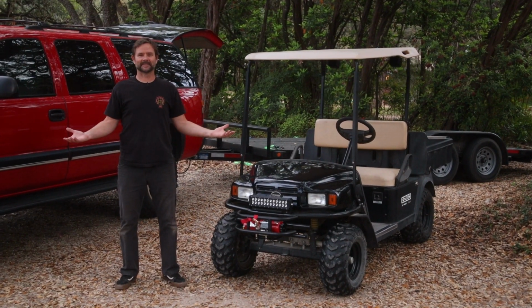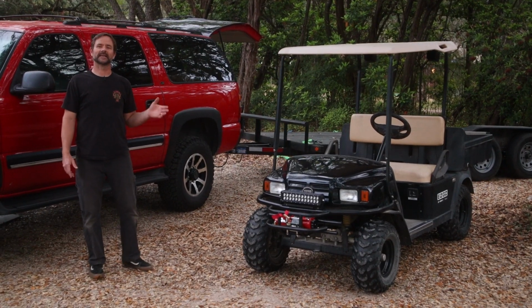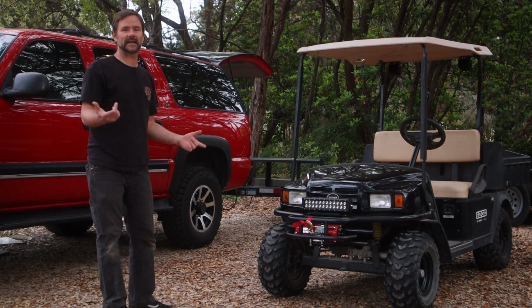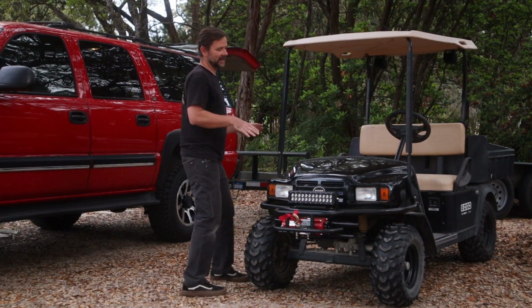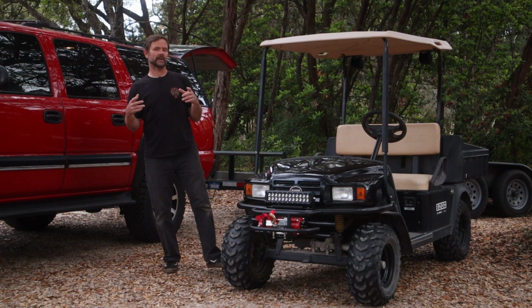Here we are. We're just moments away from loading up our 2007 EZGO ST Sport 2 gas-powered golf cart that we just finished. And so we wanted you guys to take a look at it before we send it up to the guy who bought it from us. So this thing started off as a project that we took in from one of our donors, and it was